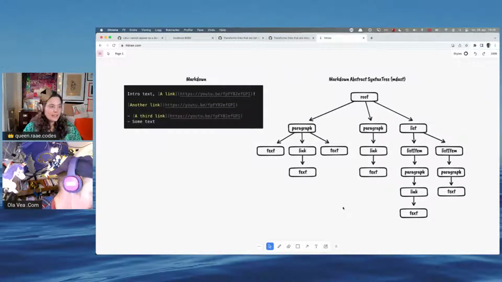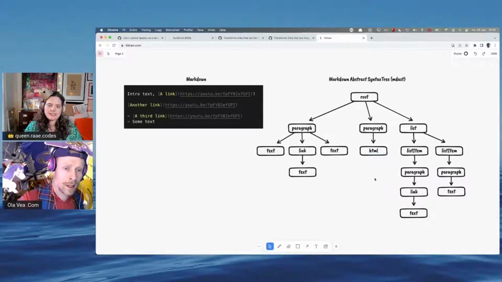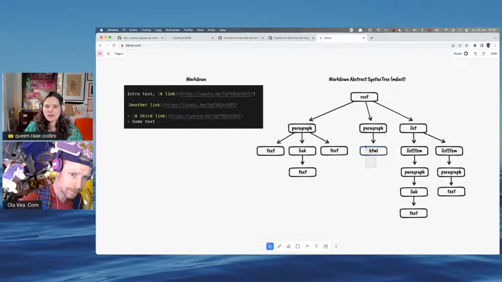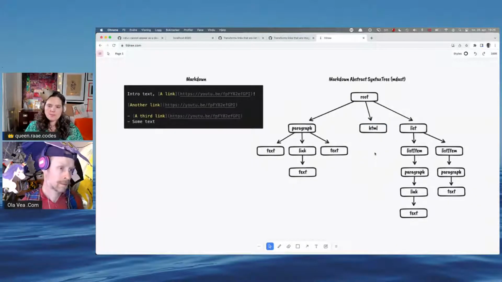So one thing I can do to visualize this better is that our current solution will take this link node and turn it into what's called an HTML node, and that removes its text, its children. This is what happens now, but I want to go one step further. I want the paragraph to become the HTML node, and remove the whole branch below it.